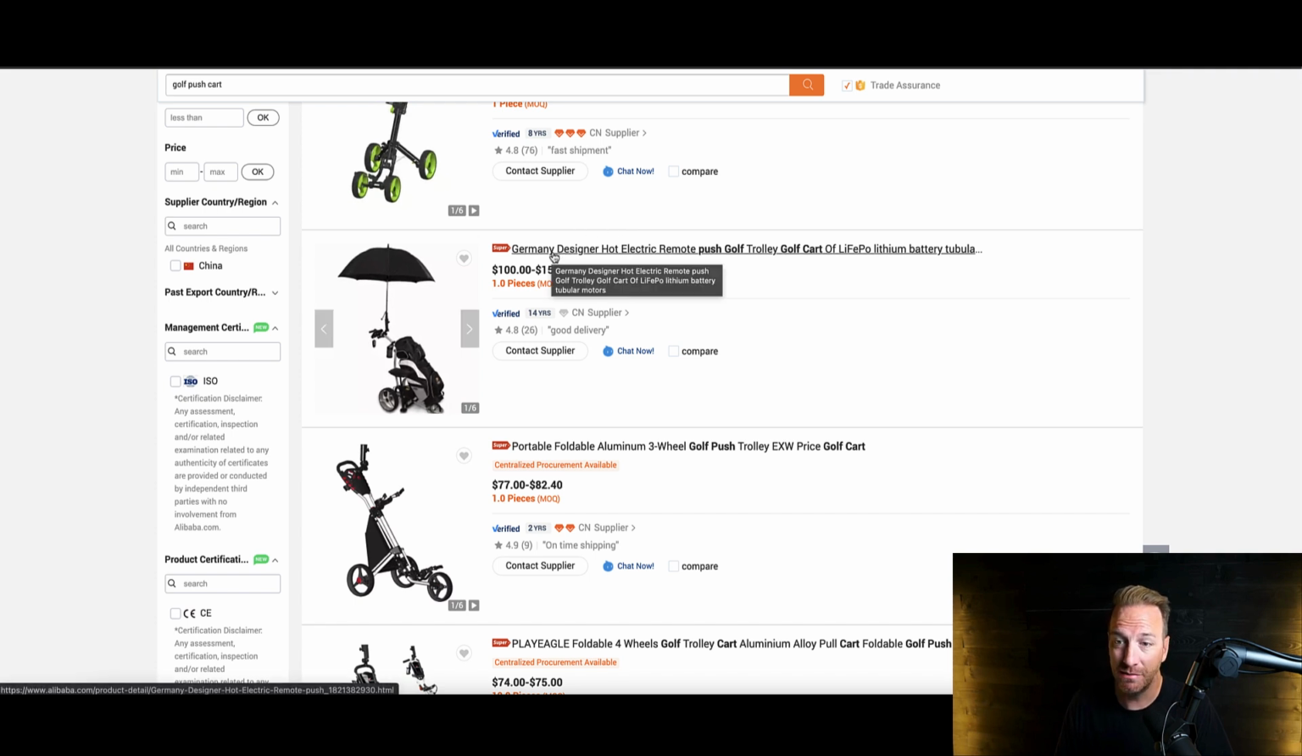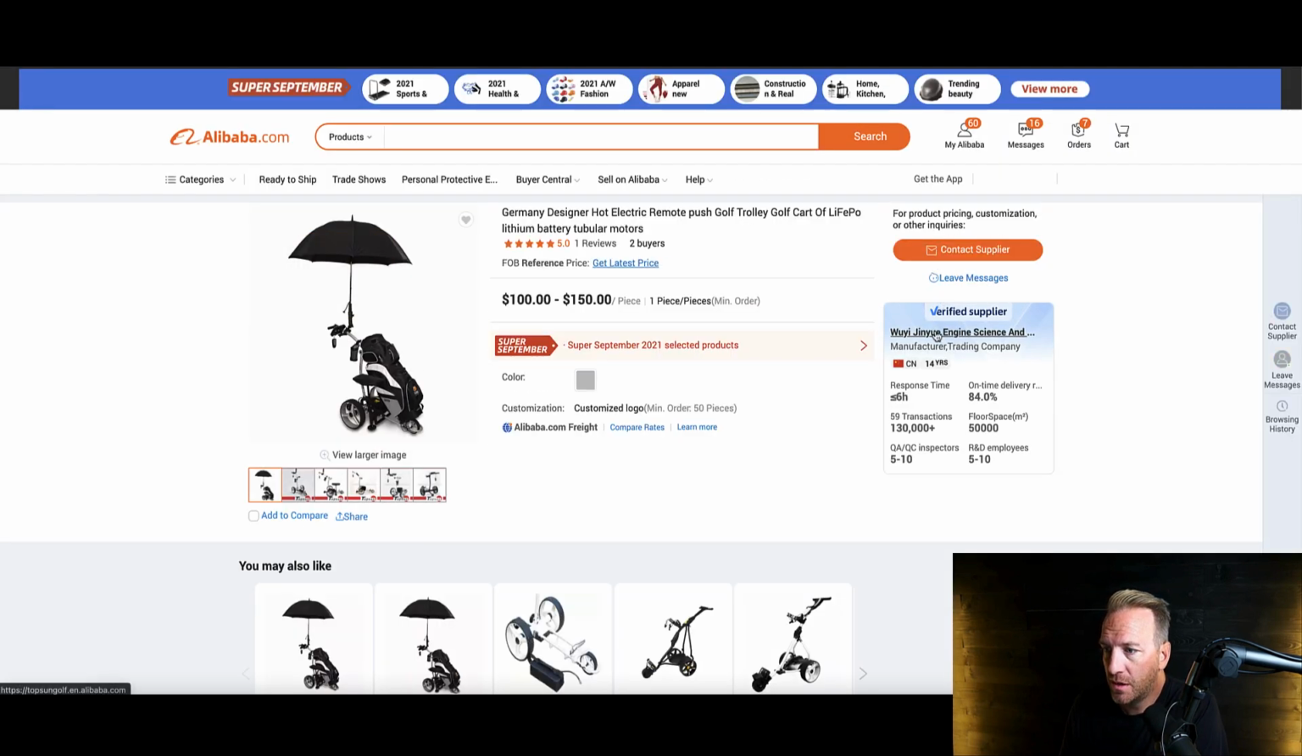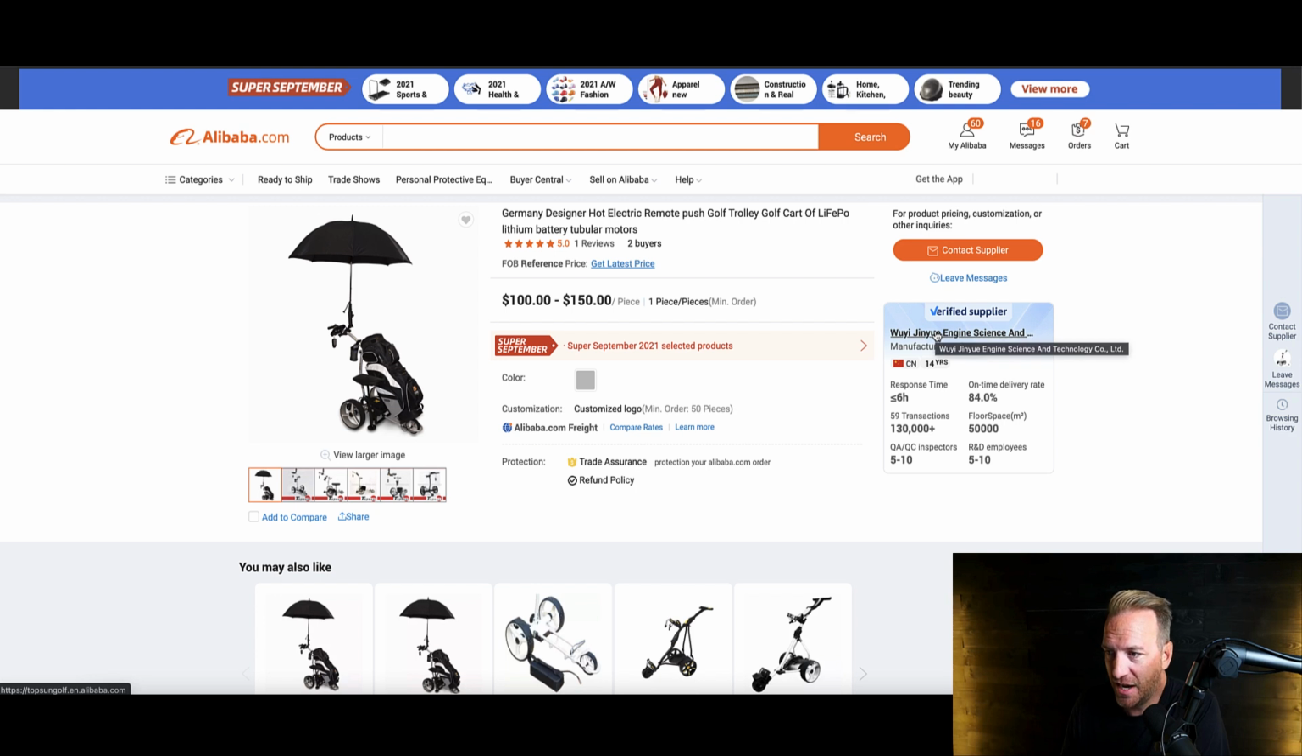So this is an electric one. That might be good for comparison just in case we decide to go the electric route. So engine science and technology, which makes more sense because it's electric. And they're making a lithium tubular motor. Let's just kind of see this